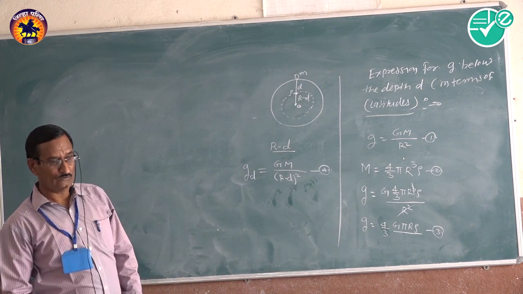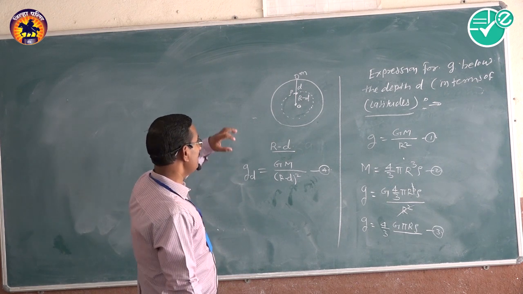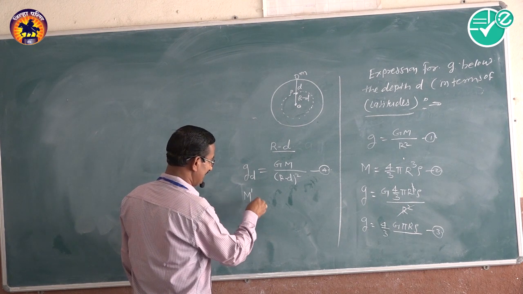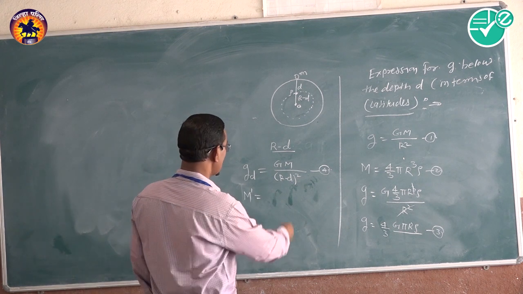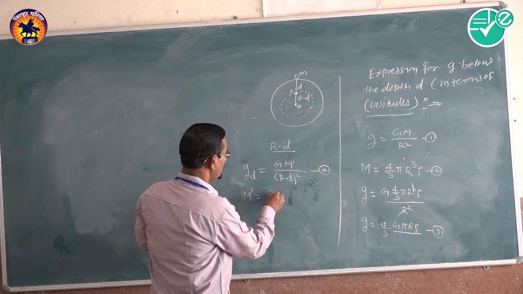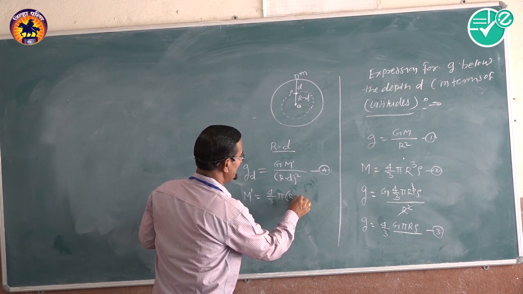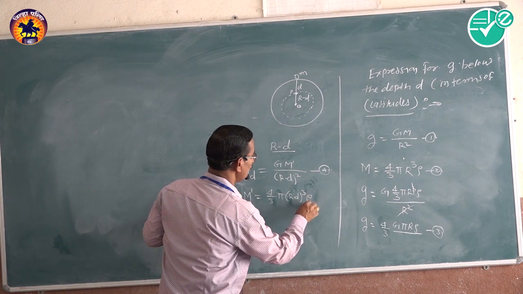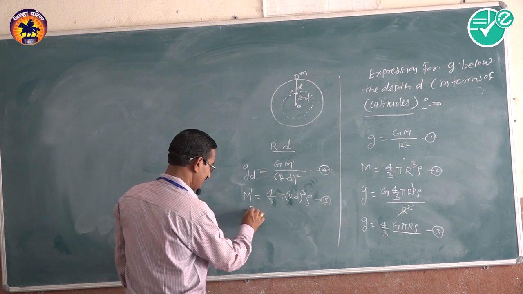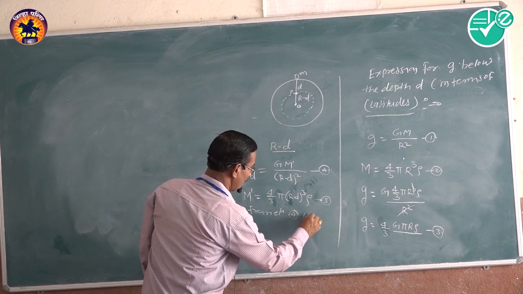Again, the mass of that imaginary sphere around the center O is capital M dash, which is equal to 4 by 3 pi (R minus d) whole cube into rho, that is equation 5. Then from equations 4 and 5 we get